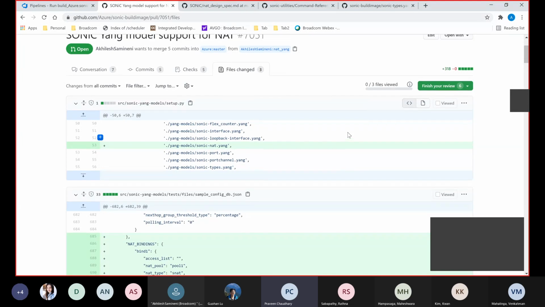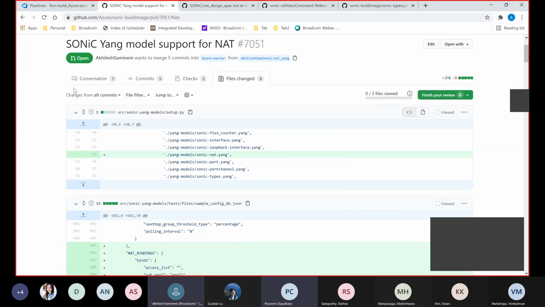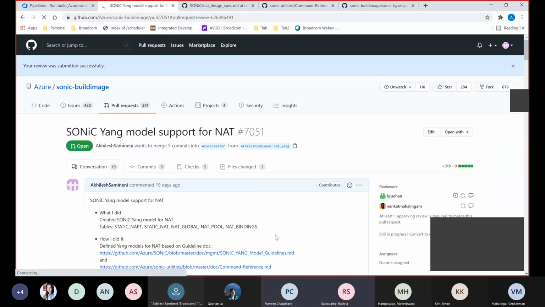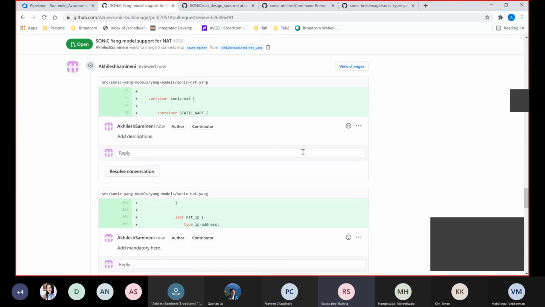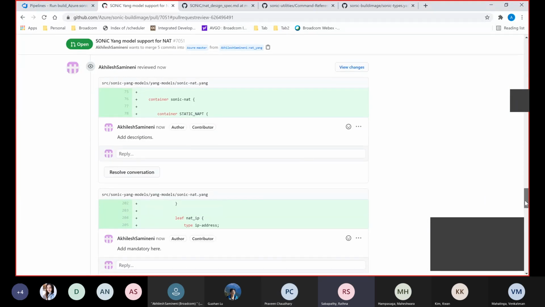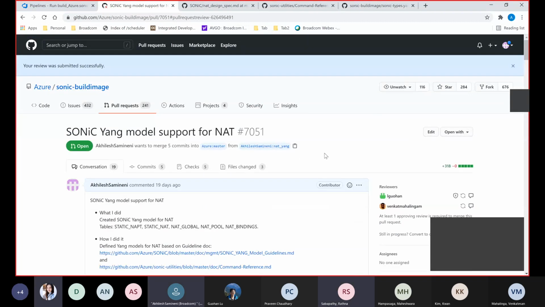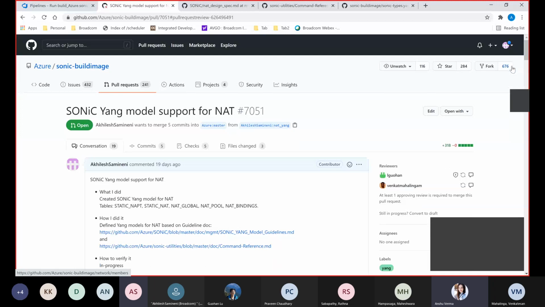I'll provide a comment here, maybe. As per our guideline, for each pattern, leaf ref and watch condition, you should have a test case. We can open the next PR, Aarti's PR, which has a sample for Akhilesh to go through. She has followed that. Please put the PR number. Will you be sharing your screen, or will you be opening 7194?